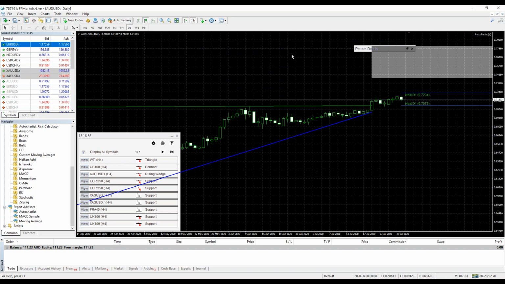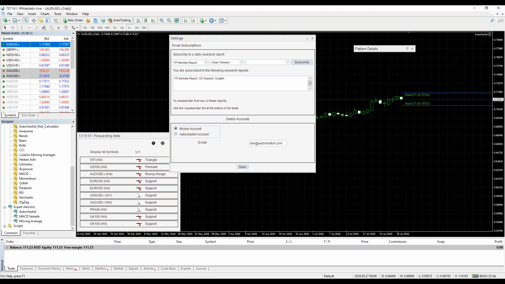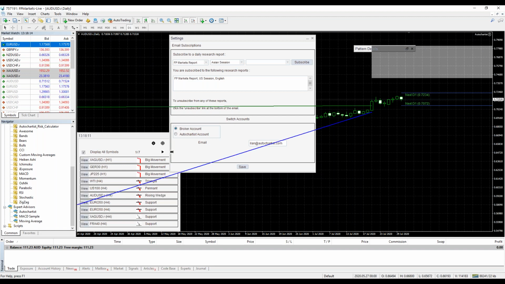So again, back to my original train of thought. If you click on this little cog icon, this allows you to subscribe to a daily market email, right? It's not a live application of any sort. It's just a once, twice, or 3 times a day email. You can choose how many you want to subscribe to. That's sent to you in the morning of your session with a 24 to 48 hour technical outlook on the market, right?